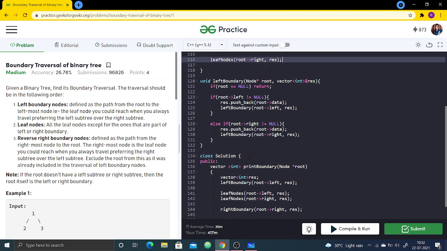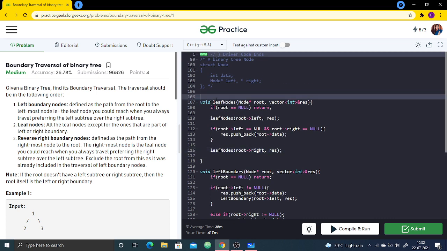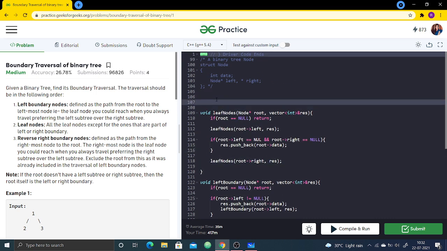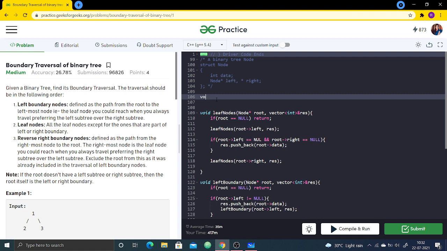Now we will implement the right boundary nodes. So see, this is void right boundary, and we are accepting the root node and a vector.